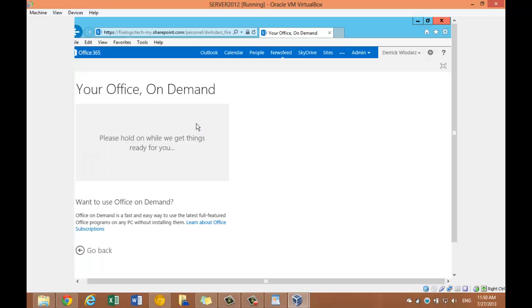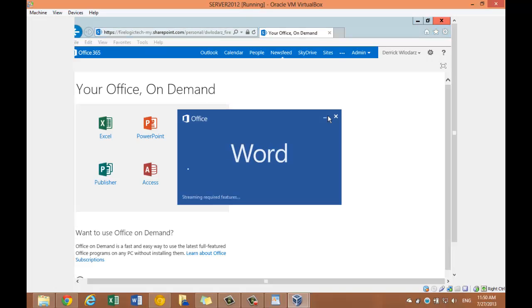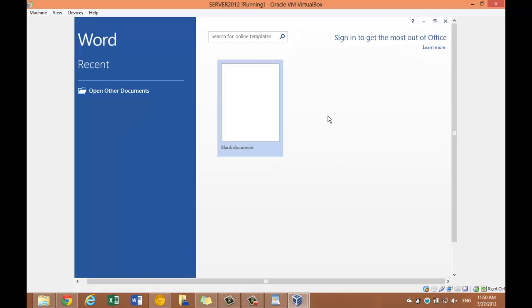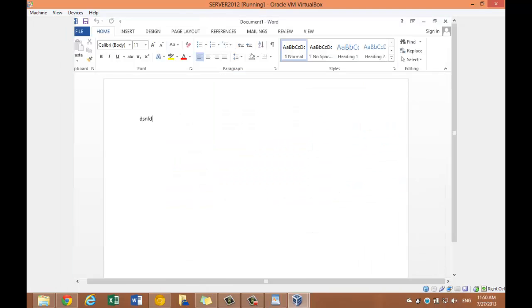Same thing, open up Word. It'll stream a copy of Word for me on the fly. Tells me it's streaming, opens up, and I can start working in my document as soon as I get my blank document showing up here. So, pretty neat. Most of the things you might want to do are fully possible within the Word web app,